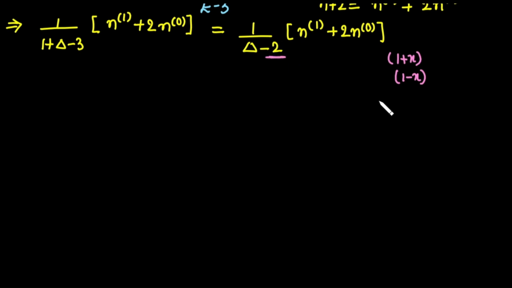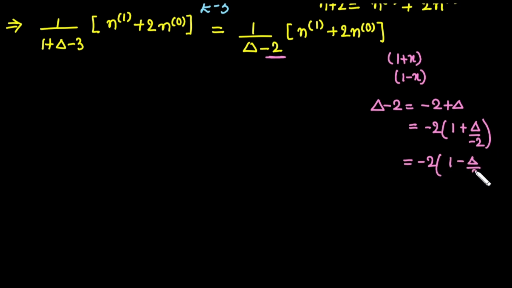So we will write this as delta minus 2 is equal to minus 2 times, delta minus 2 outside, that is 1 plus delta by minus 2. This is equal to minus 2 times 1 minus delta by 2. So replace this one with this. We have 1 upon minus 2 times 1 minus delta by 2